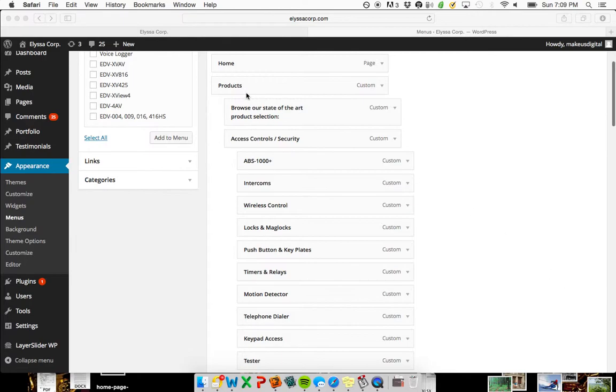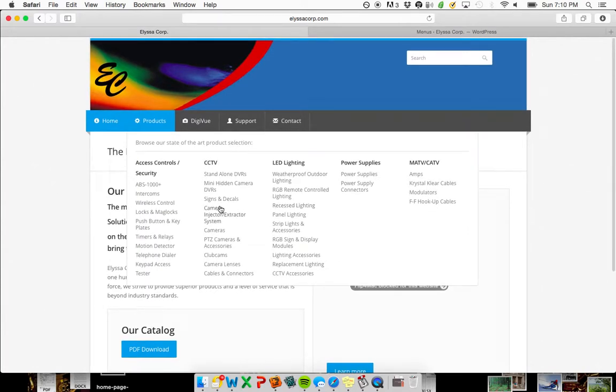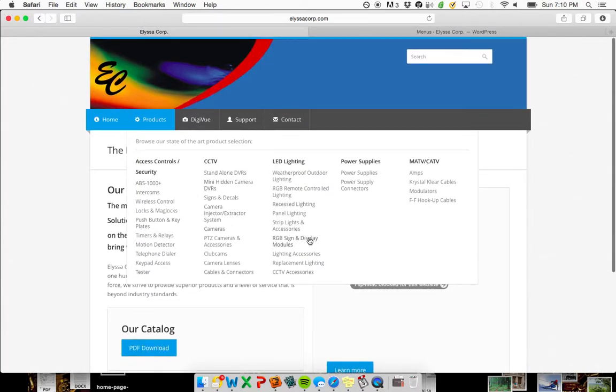So the first thing I want to do is go back to the menu and take a look at how it's set up. We have 5 different columns here, and they're categorized based on product types, and we're kind of limited by the structure of the website, and what I mean by that is we can only have 5 pillars here. We can make it less, we can have 4, we can have 3, we can have 2 or 1, but really the maximum is 5